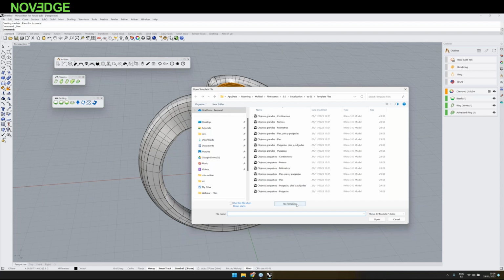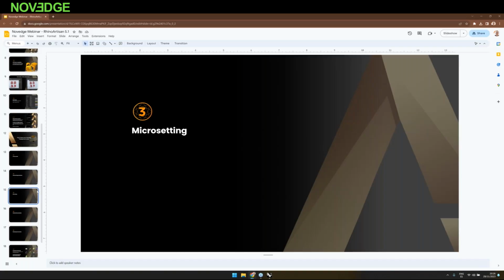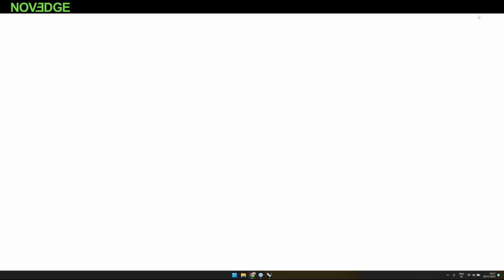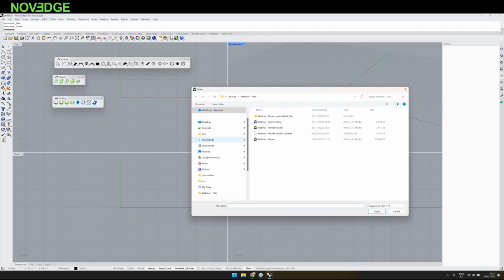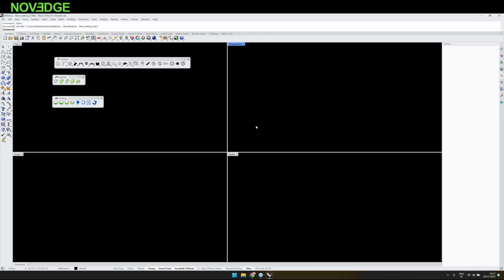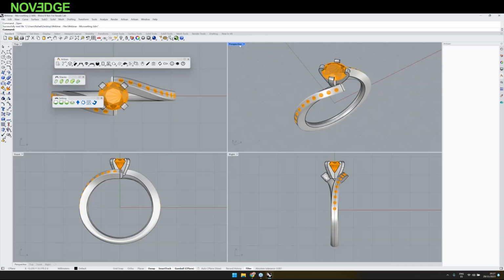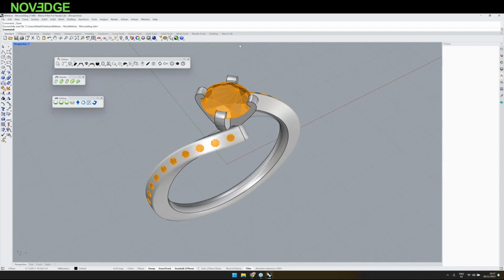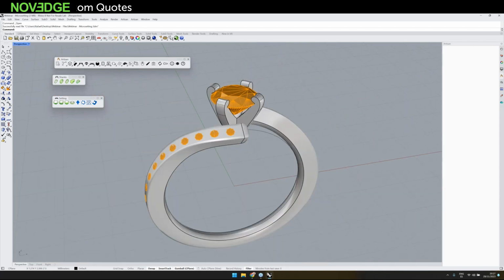In the third one, we will talk about microsetting. Okay, we will talk about microsetting. Then I have a model here to do that, microsetting, in order to save time. But basically, I want to create a microsetting in that design. Okay,